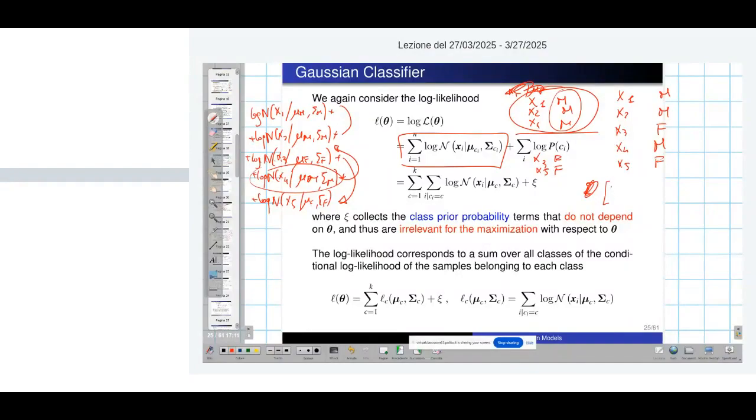It's the sum of the log density of x1 given mu m, sigma m, and then x2, and then x4, plus the same summation, but this time of x3 given mu f, sigma f, and here I have x5 given mu f and sigma f. So I can express it as a sum over classes of what? The sum of the samples that belong to that class of the logarithm of the Gaussian density, where this mu now does not depend on Ci anymore, because all Ci's in this inner sum are equal to the same value